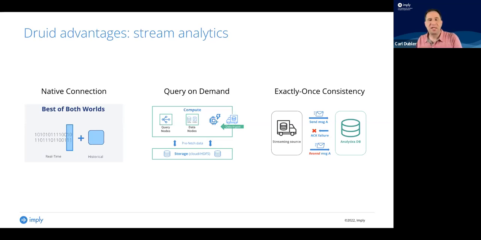It also gives us exactly once semantics guaranteed. So what this means, well, there's an illustration there of a common problem that you might get. Maybe Kafka sends you the same message twice because there was a communication error and it never got the acknowledgement. Well, that's going to mean duplicate data. Because we are natively integrated and we're a true event by event processor, we pick that up and we don't allow that to happen.